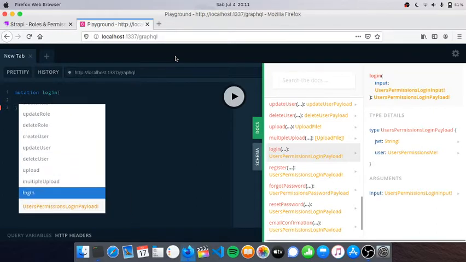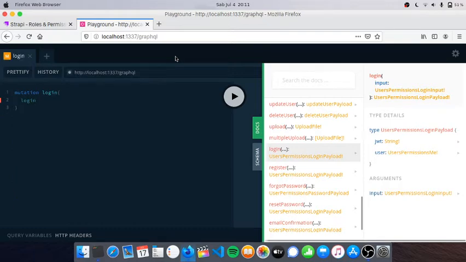I will choose login, and as stated here, you have to put curly braces, and it will immediately show the suggestion, which is input. Put a double symbol like this. I will break the line just to prettify it manually. Okay,